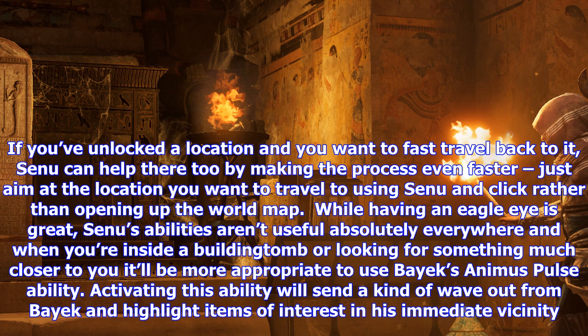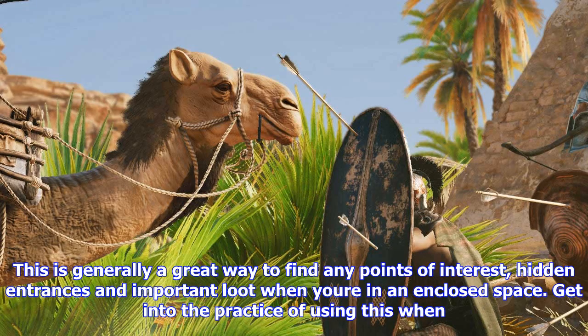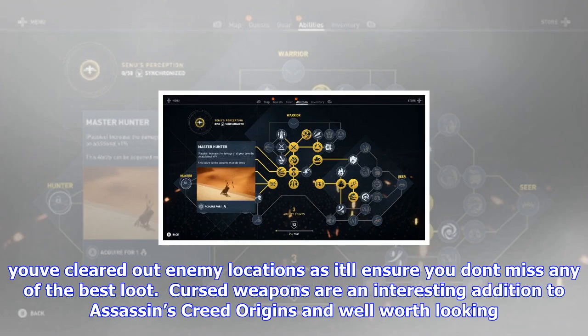If you've unlocked a location and you want to fast travel back to it, Senu can help there too by making the process even faster. Just aim at the location you want to travel to using Senu and click rather than opening up the world map. While having an eagle eye is great, Senu's abilities aren't useful absolutely everywhere,